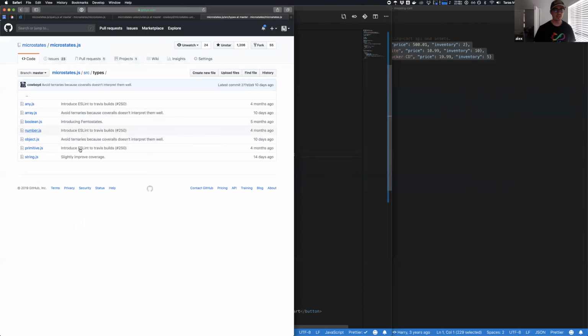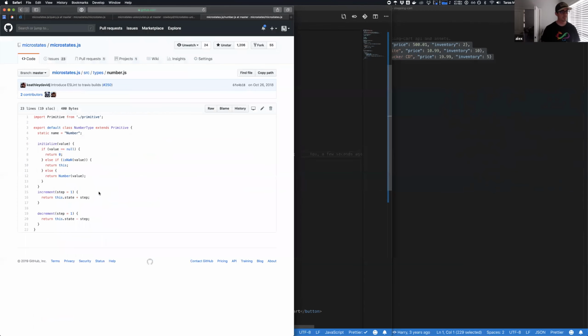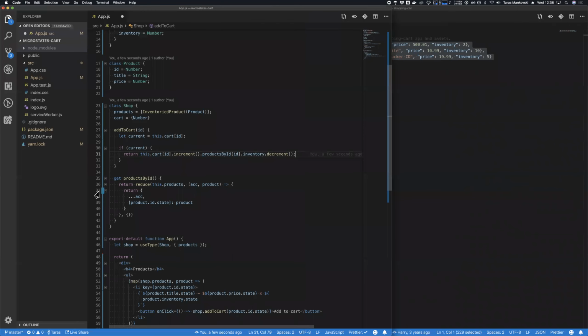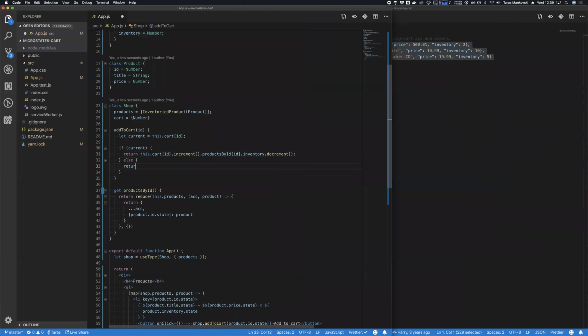Are you able to do increment and then pass in -1? Is it like a delta type of thing? Oh yeah, you could do that. Gotcha. All right, so if it doesn't have current, then this dot cart put ID 0 and then products by ID. I guess you want to put it at 1, don't you? Because you add it, so you want to add it with a quantity of 1. Oh yeah, thank you. Inventory by ID, inventory